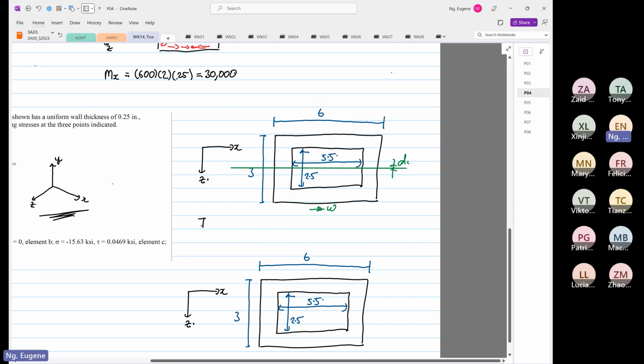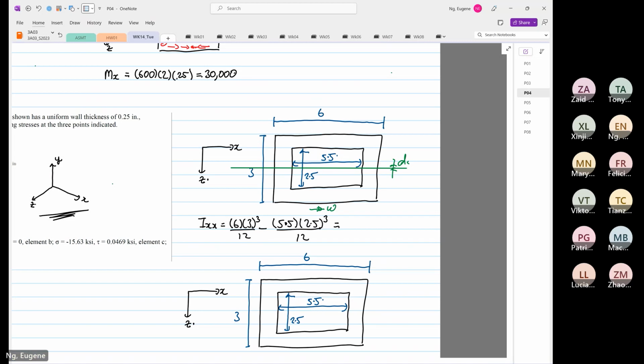So Ixx: the width is 6, d cubed over 12, minus the internal, where the width is 5.5 and the depth is 2.5 cubed over 12. So 6 times 3 to the power 3 divided by 12 minus